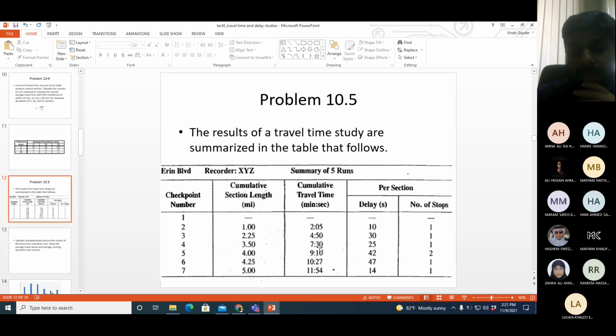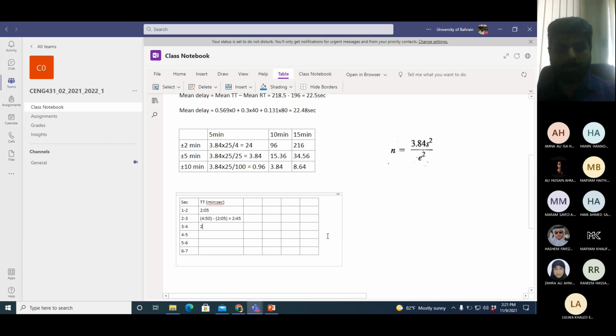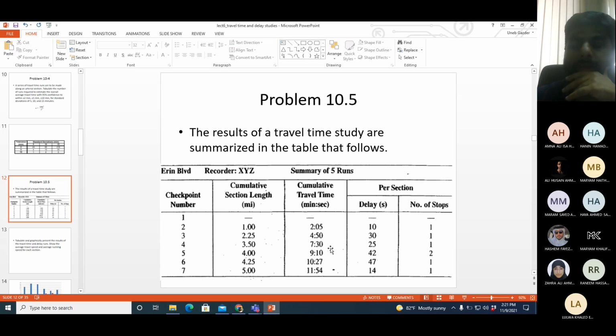Then again 7:30 minus 4:50, so 7 minus 4 is 3, and then 330 minus 50 will give you 240. Then 9:10 minus 7:30, so 9 minus 7 is 2, and so I will have 210 here.